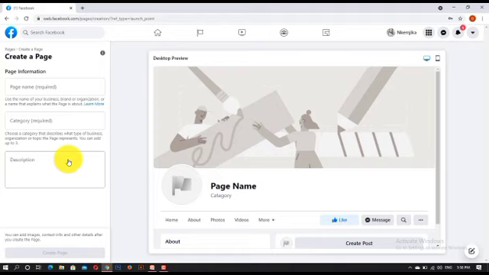Remember, before you start creating a page, number one, know the name of the page that you want to create. Know the name. Know the category of what you want to create. Know the description. Maybe you can just write it out and keep somewhere. Okay. Now let's say, because I'm doing Facebook, let's say Facebook